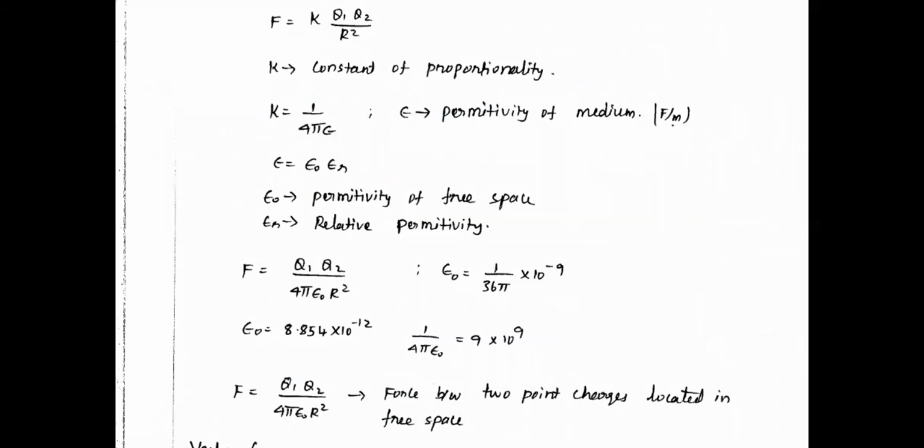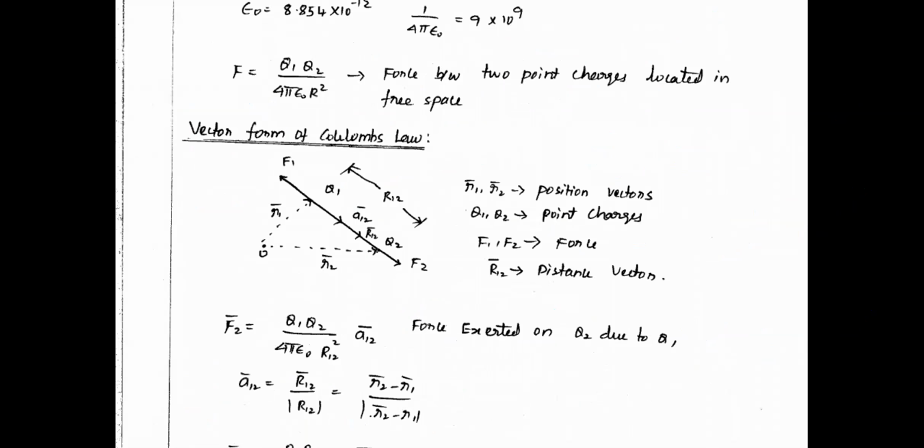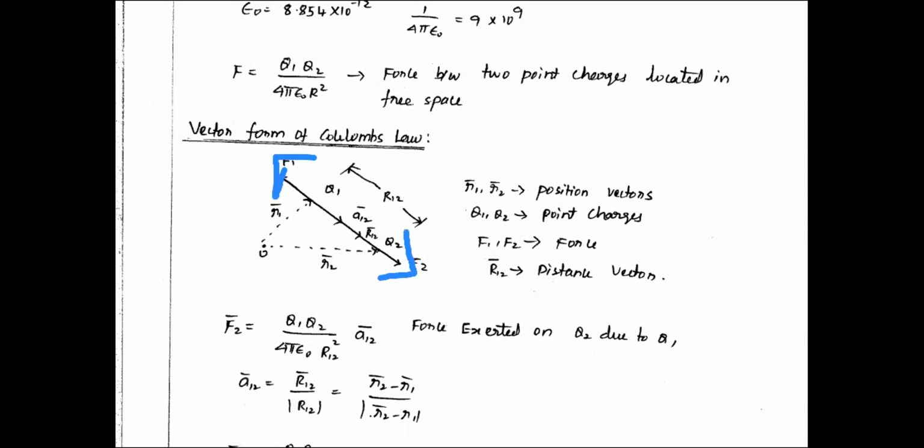Now what happens? See, now they have clearly given. For example, if my one charge is placed here, Q1, and another charge is placed at Q2, they are placing them anywhere on the 2D surface. Whenever I have two charges, I can place them anywhere, not only in 2D but in 3D, anywhere on the 3D coordinate system. Once I place them like this, definitely the force will be either in this direction or in this direction. Once I calculate any one direction, if I simply put minus, then I can go to the other direction. So at least you should know any one of the directions.